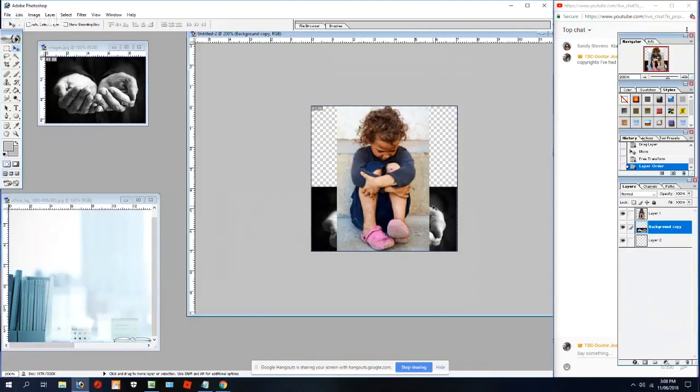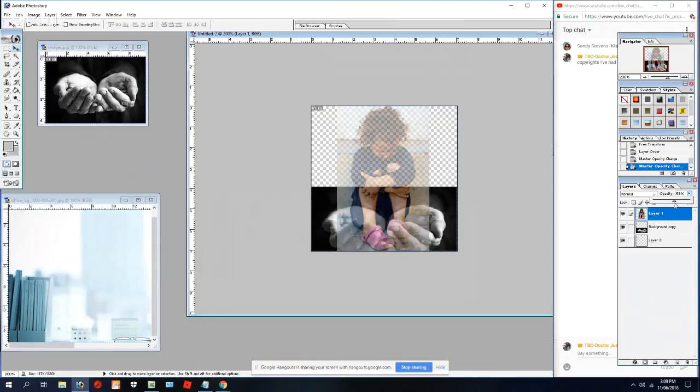Anyway, I want those hands to start showing through. So all I'll do is use the transparency. Oh, wrong picture. Use the transparency on the girl, and I'll shrink her out a bit so all I can see is just her outline, so I can see the hands.